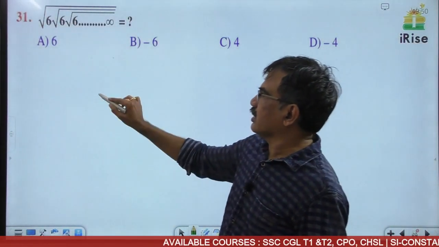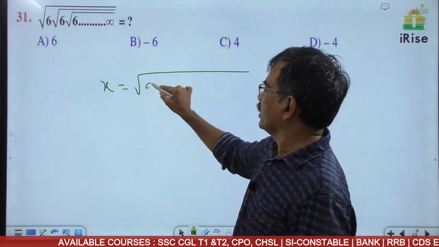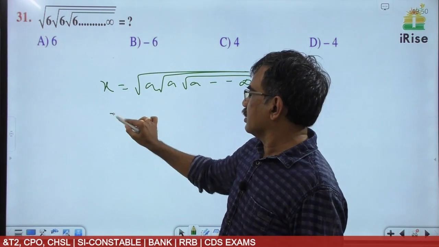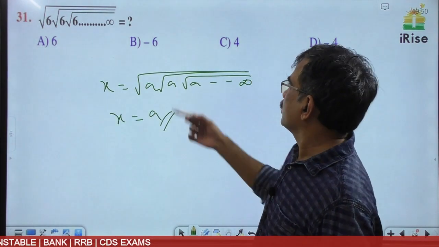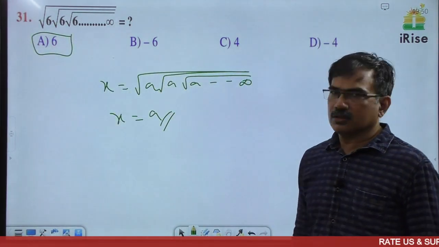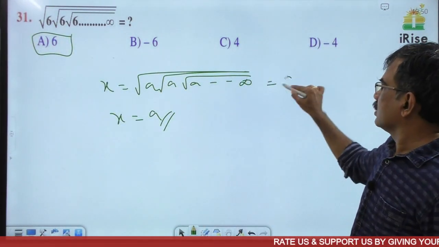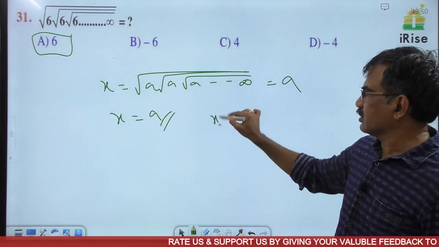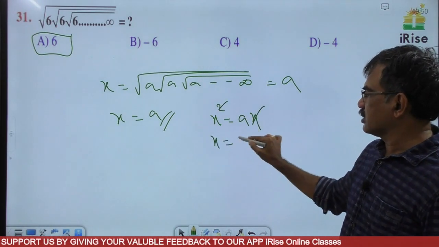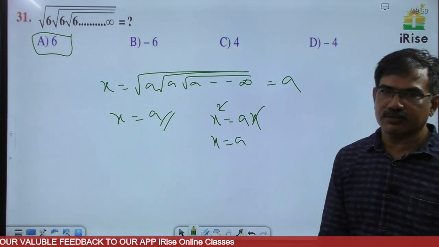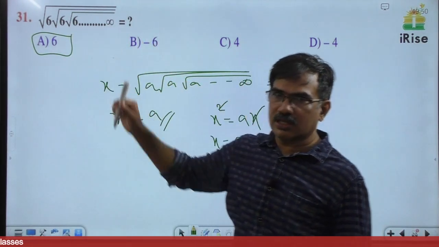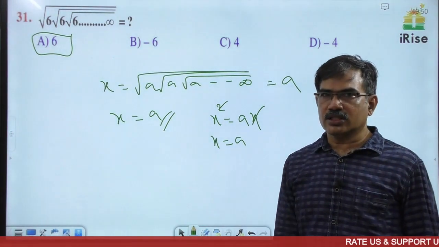I have given a direct one. If x is equal to root of a, root of a, root of a, and so on up to infinity, then x is nothing but a. So the answer for this question is a only. Directly the answer is a. Up to infinity is given, the value is nothing but a. The method I have given: x square is equal to a into the remaining, which is again x, one x cancels, so x is equal to a. So the answer is a for this question. I have given a number of infinite roots model questions. Okay, next question.